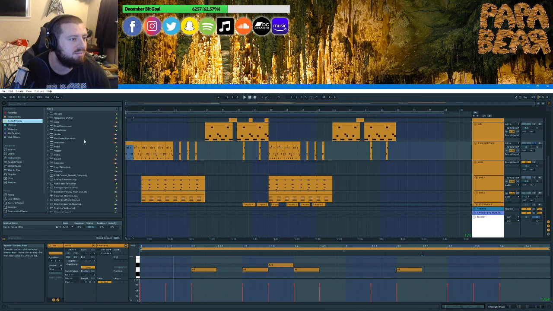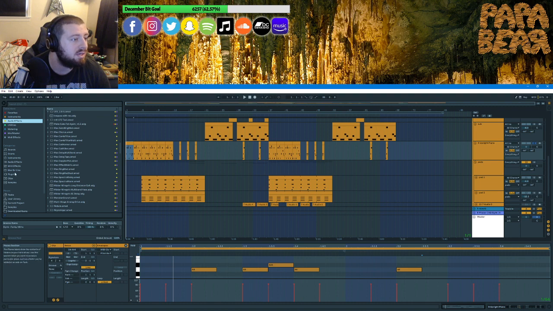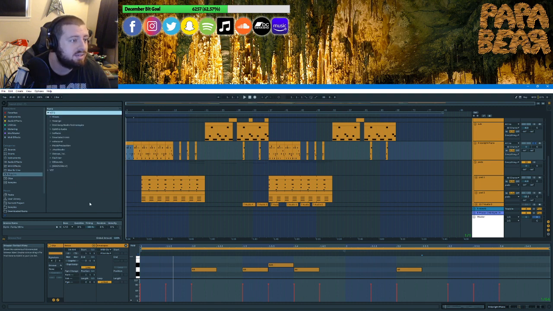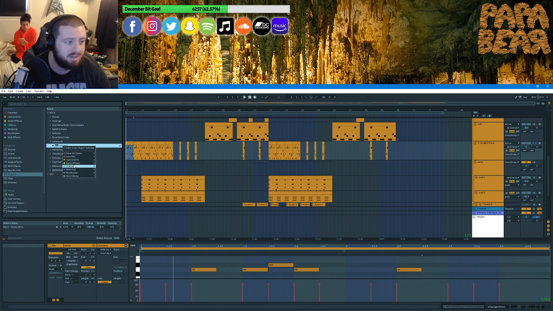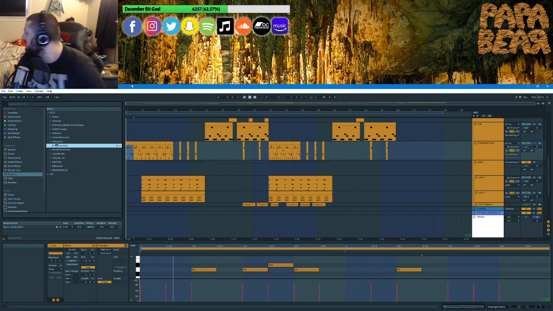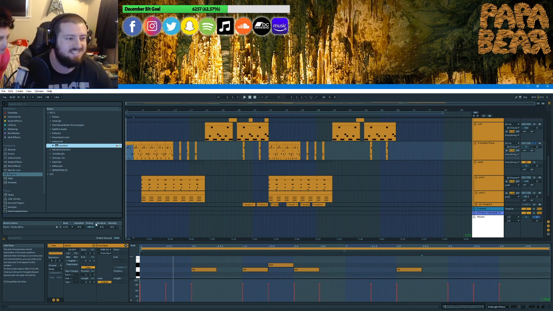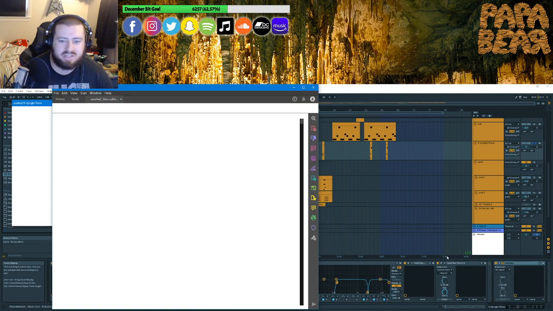So my last production stream, I was talking about this plugin called Soothe. Let me see if I can find it. Here it is. I'm going to put my faves, because I already know it's going to be a favorite. So this plugin is crazy. What it does. Audio effects, mix and master. So I'll slap that on there and I'll show you kind of what it does.